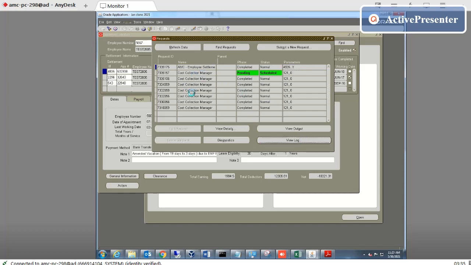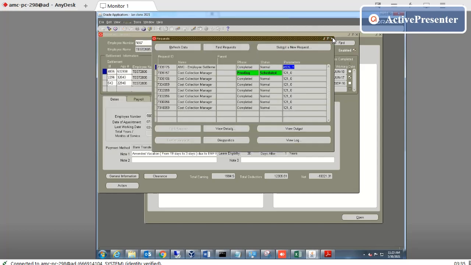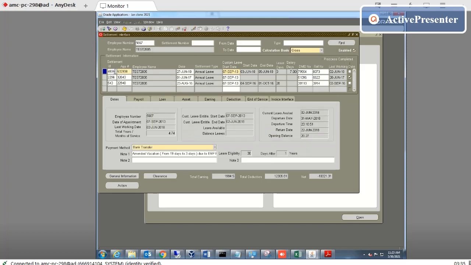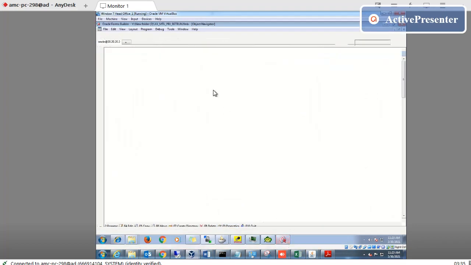You log two parameters: one is employee ID and another is the other one. When I open this form, I will tell you how I do this one.